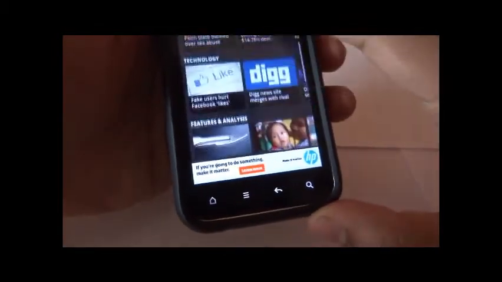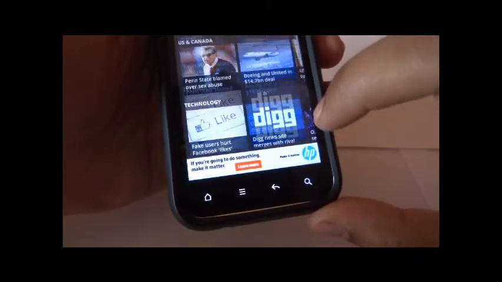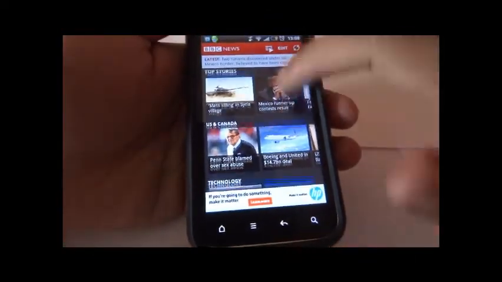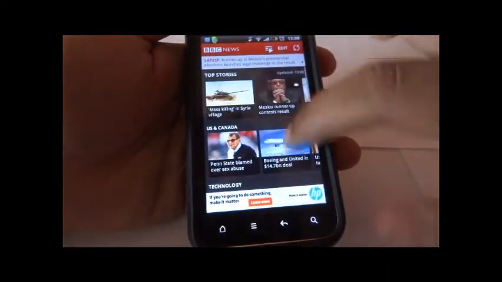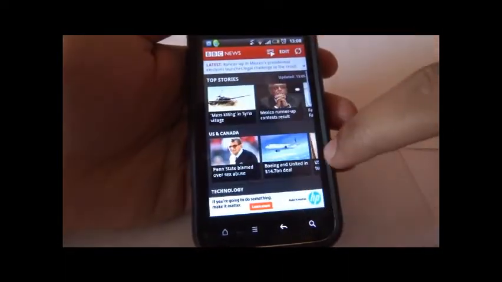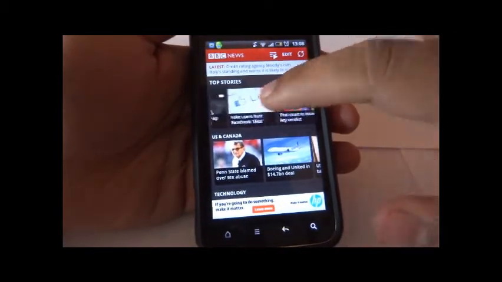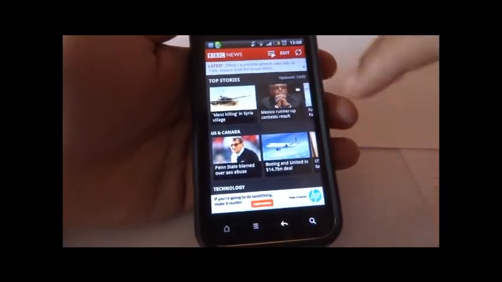So the app is good, one of the most highly downloaded apps on the Play Store. So if you like having news on the go, you can go for this app definitely. But I personally feel that the Flipboard News app is better than this, although this has been the most highly downloaded app, probably because it took birth on the Play Store before Flipboard.